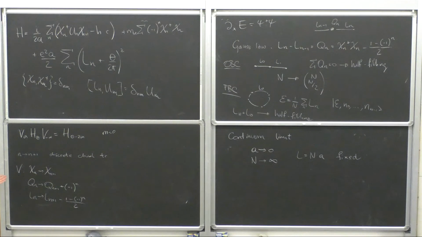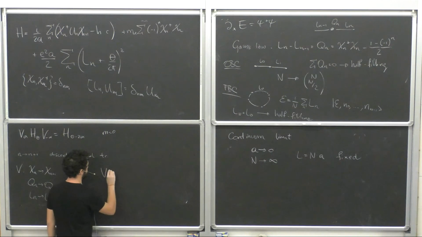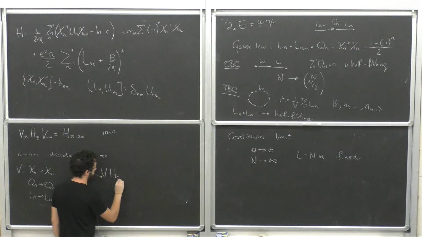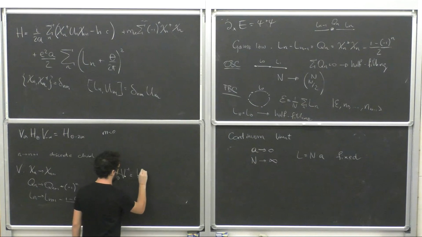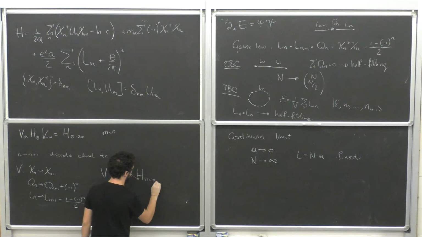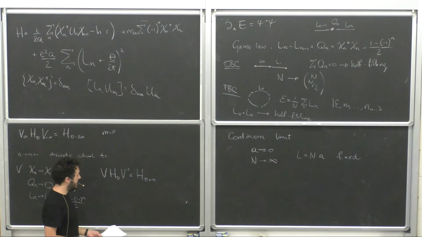Okay, so I know what V does. My Hamiltonian only depends on these things, so I can just see what happens when I apply V to H of theta on the lattice. And what I see is that this gives me H of theta plus pi plus some term. And this term,